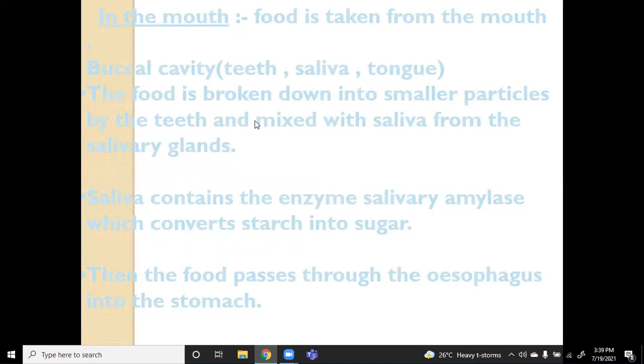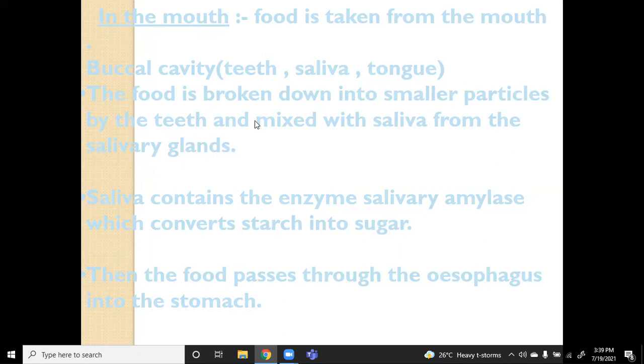One more point I want to stress is that saliva consists of salivary amylase. There is a gland called the salivary gland, and its secretion is salivary amylase. Whenever we are eating, you can feel it today at your dinner time. You try to break the food into smaller particles, and you might feel a sugary taste once you start this process, because digestion starts in the mouth itself. So it gets converted into sugar.